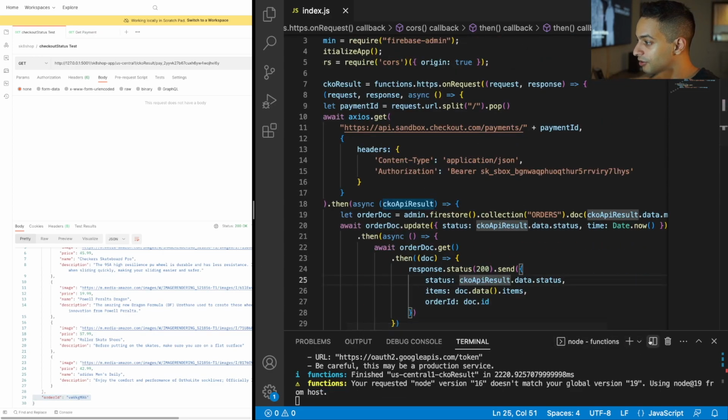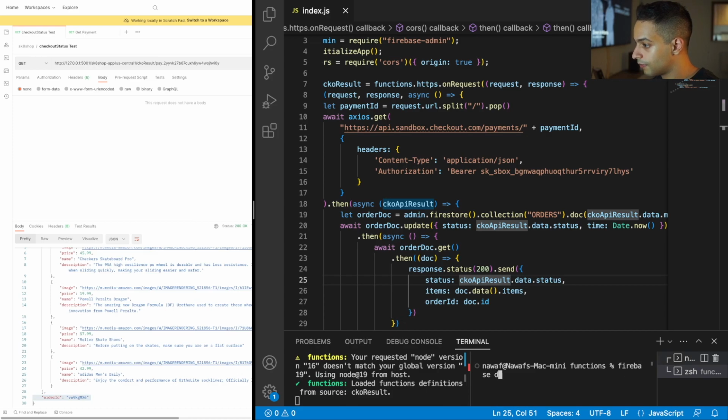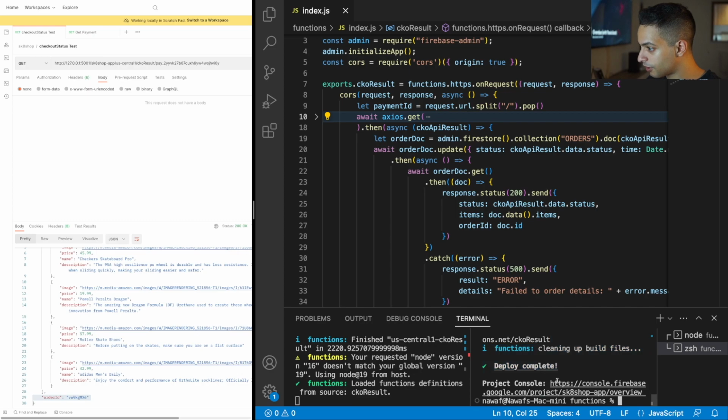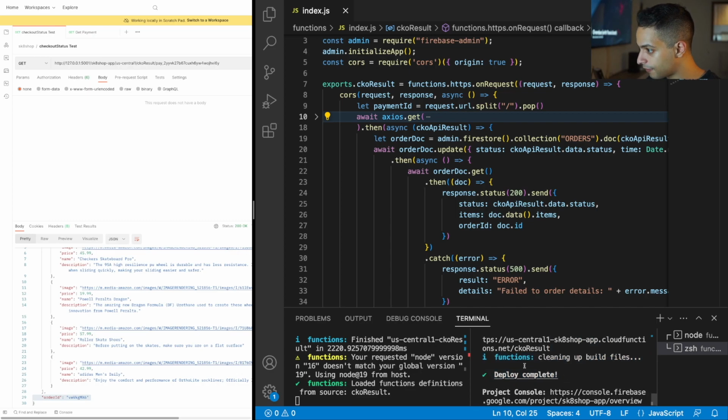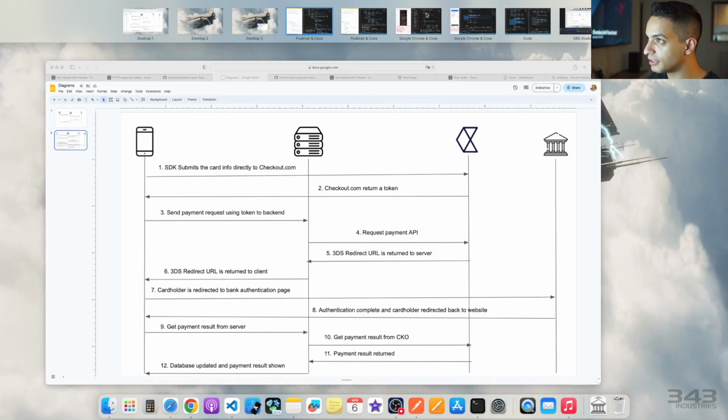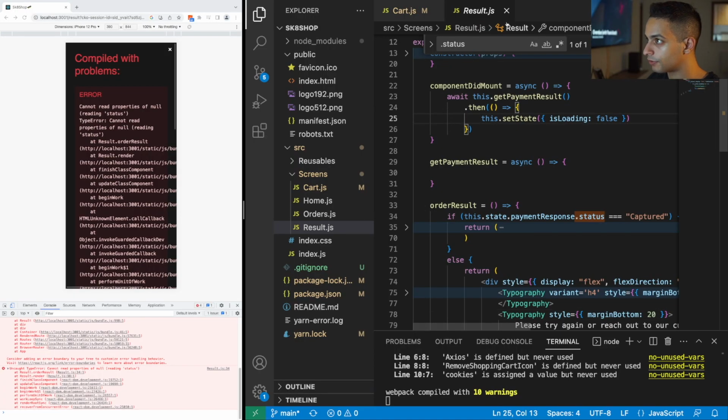So let's deploy this to production. Firebase deploy. There you go. My endpoint has been deployed to production, and I have the URL right here. Now I need to go to my result page, which is here. I'm gonna switch over to my result page here, and instead of doing nothing, what I'll do is that I'll